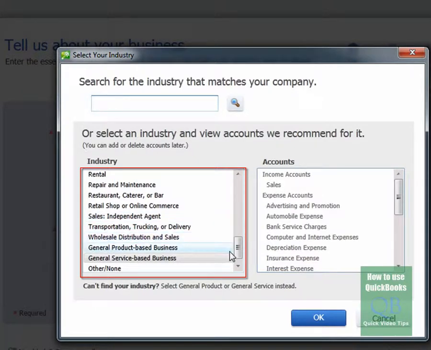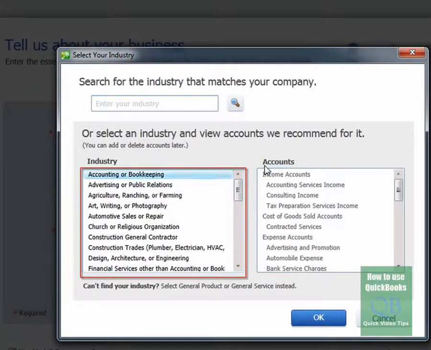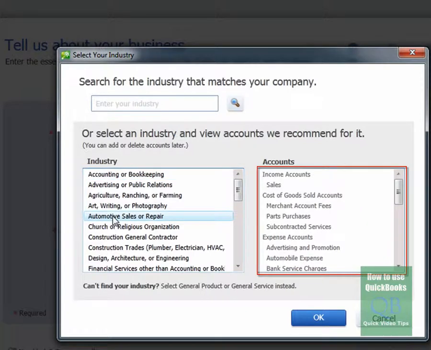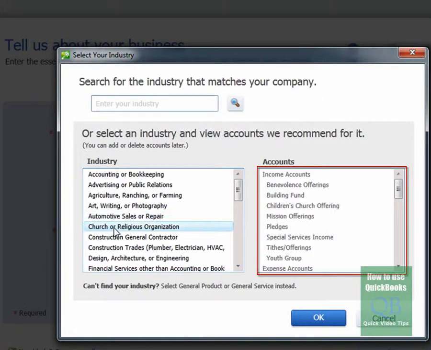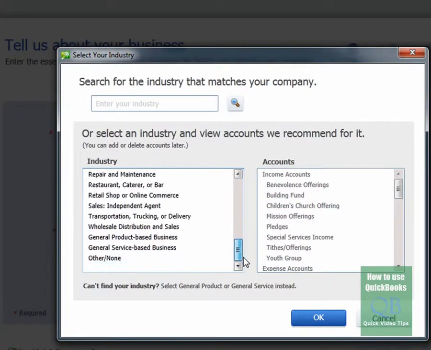Now, one of the things I want to show you, and I'm going to come up to the top, is as you click on an industry, you will notice that the accounts that QuickBooks wants to set up will change. For instance, for accounting and bookkeeping, you can see those accounts. If you are an automotive or sales repair shop, you see those change. Or if you were a non-for-profit, such as a church or religious organization, if you click on that, you'll notice the accounts will change. But in this case, since we are a web services company,